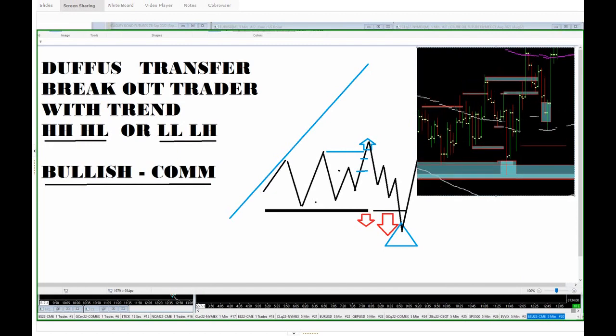So we had a low here. We had a high here, so that's a widening of the channel at that stage. Then we had a higher low here. We had a higher high here, which brought in an awful lot of Dufus buyers, right? So that brings in a lot of Dufus buyers,